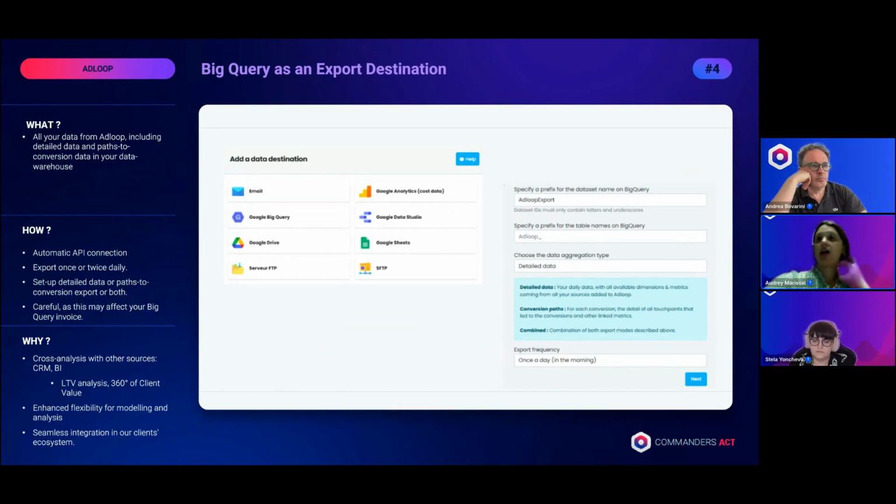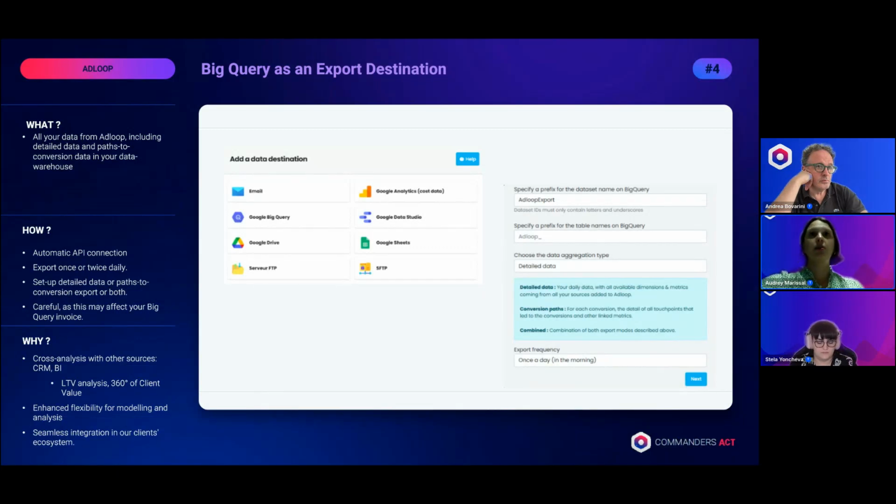The benefits are concrete. It's a seamless integration into your existing data stack. There is no friction, no reprocessing. And it also gives the ability to perform advanced analysis cross-referenced with other sources, like, for example, your BI or your CRM tools.